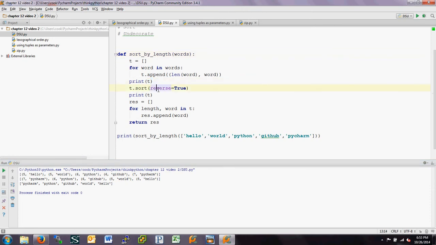Then we sort it in reverse. Now, the way the sort works is these are tuples. So it compares the first elements in the tuple. So it compares the lengths of the word and sorts on those. And then if you have those two equal, so in this case with Python and GitHub, the two of them are equal, then it's going to go in and it's going to compare the word Python with the word GitHub, and as strings, it's going to sort those in alphabetical, or as mathematicians would call it, lexicographic order. So we get this ordering here,